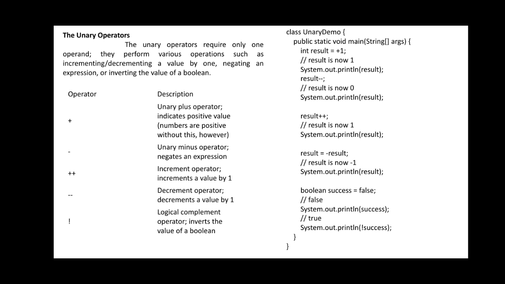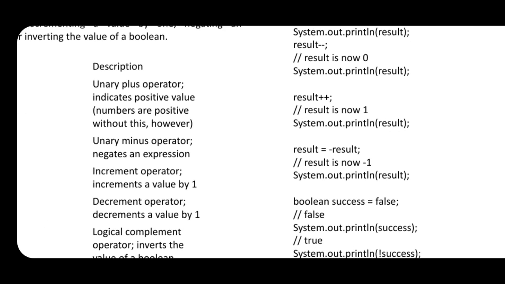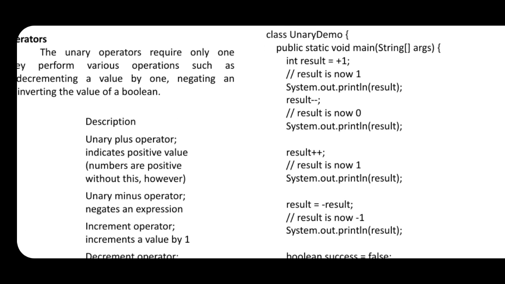So what is he going to have here? We shall see with a simple example. Now he has written here, int result is equal to plus 1. Int result equals to plus 1 means what you are going to have here? Now that plus 1 is a positive value. You are not making any addition here, just signifying that plus 1 is a positive value which is assigned to result and you are going to display that value. Then ultimately it will be displaying 1.